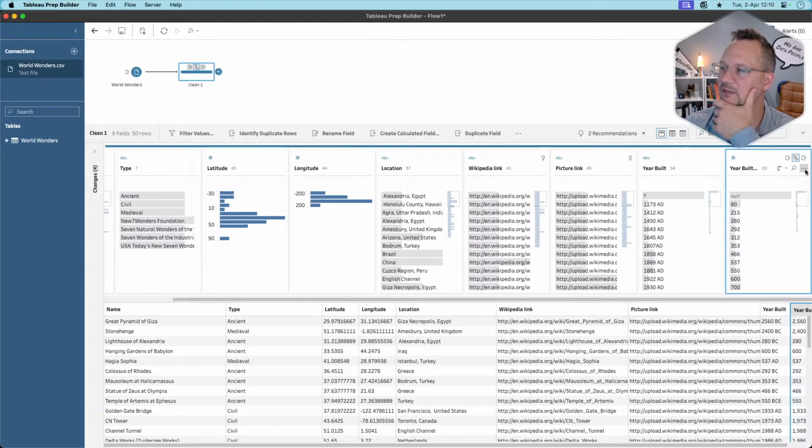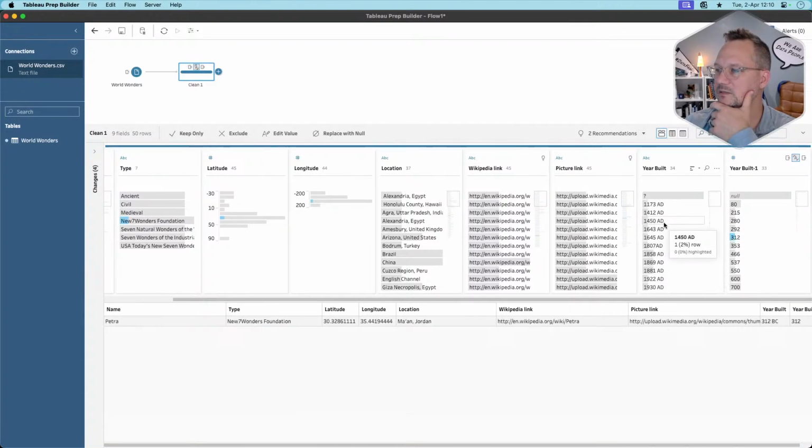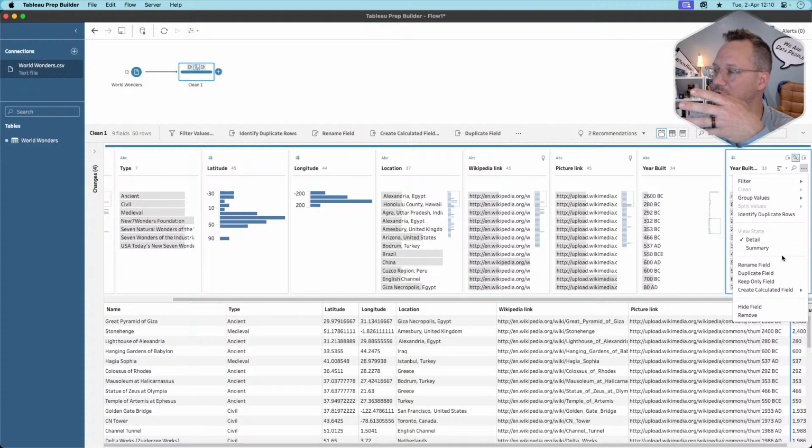However, I need to make them negative and zero, right? And you can see here it changes from AD to BC, or BCE. Come on, there we go. So we know that zero is the determinant, the year that's when things change from AD to BCE. So what we'll do here is now